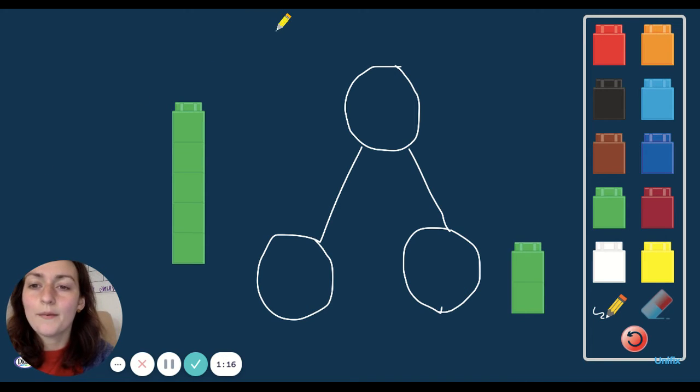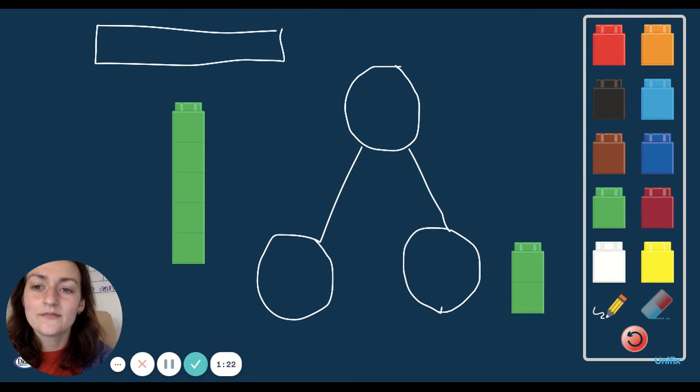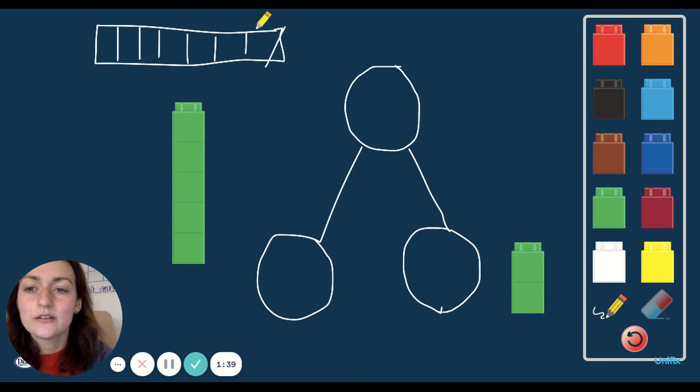Remember, we can draw a picture showing exactly what we just did. You could draw your linking cubes. Make sure you're doing this on your board. 1, 2, 3, 4, 5, 6, 7. I took away 2, so I'll cross out the 2 over here, and that leaves me with 1, 2, 3,